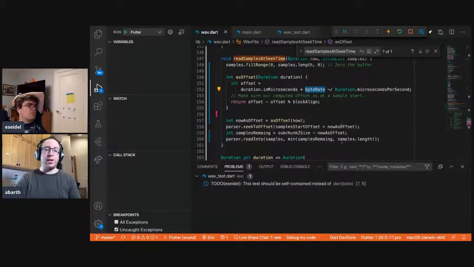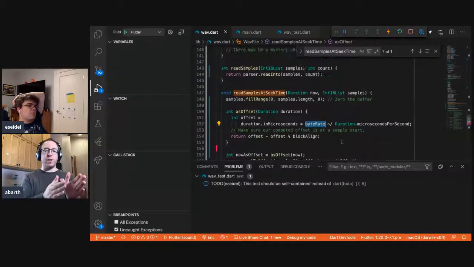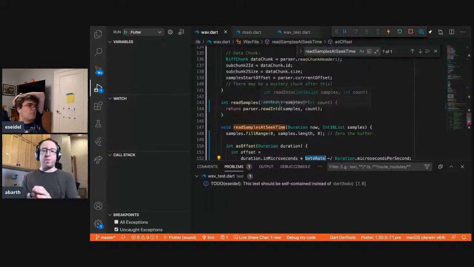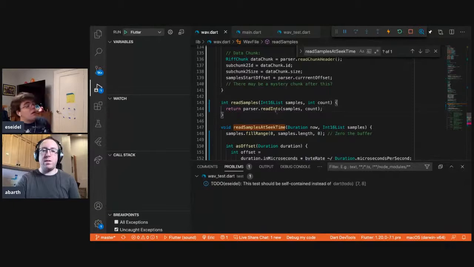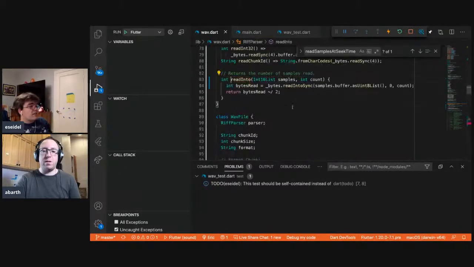The length is in how many 16-bit chunks, which are 2-byte units. And then somewhere down lower, we're counting how many 1-byte units we're talking about. I could totally believe that. Yes, I think right when we say as uint8 list, the count needs to be times 2.